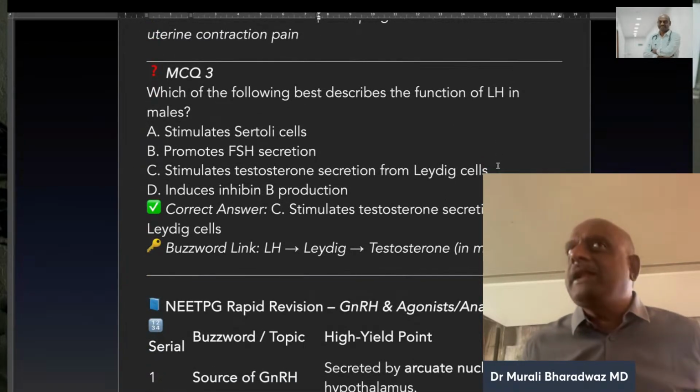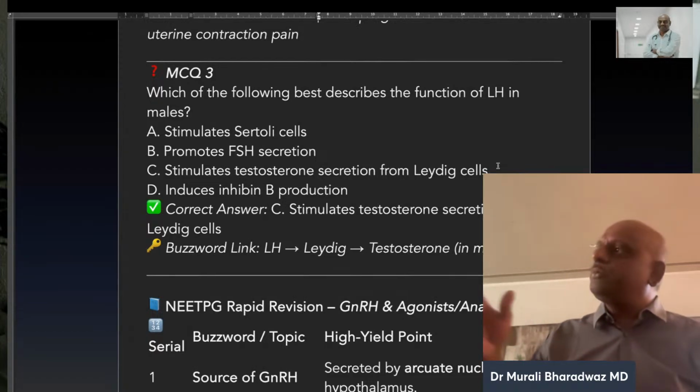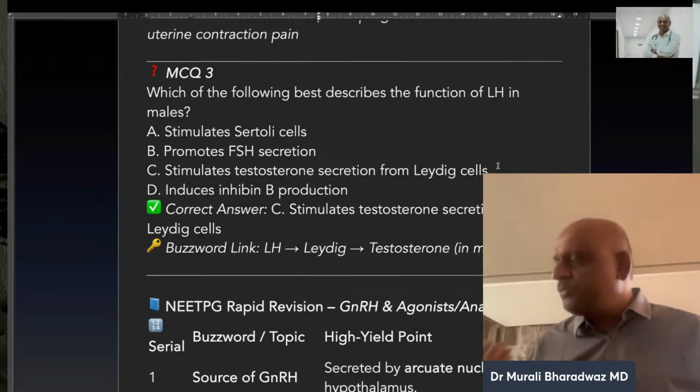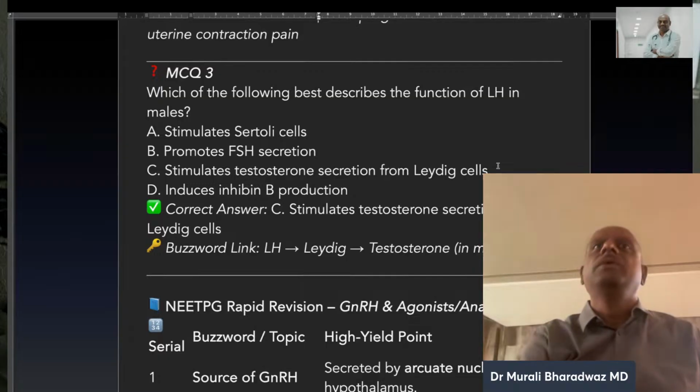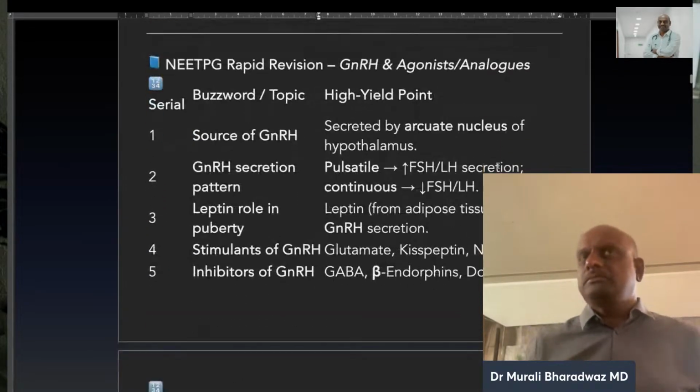So what is the function of LH in case of males? In males, LH will stimulate Leydig cells to produce testosterone. FSH stimulates the Sertoli cells, which support the spermatogenesis, is what we need to remember. Right, note it down. Now,